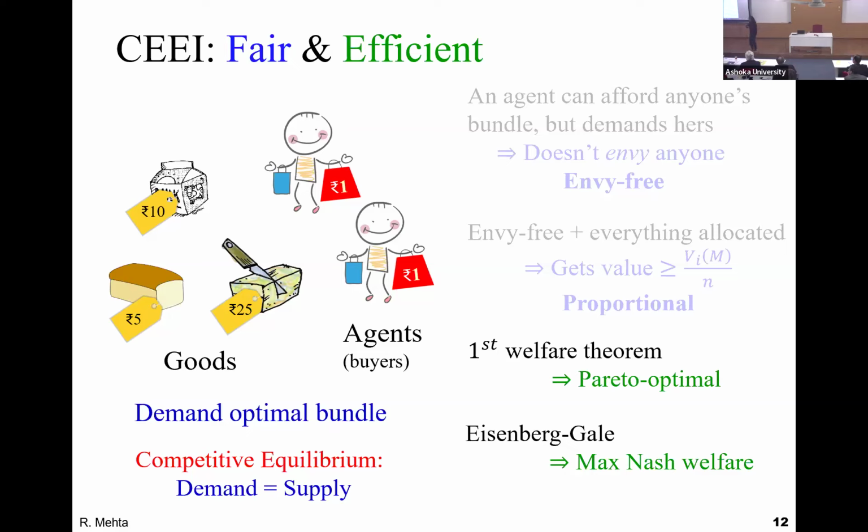So welfare as the sum of the values is not scale invariant, which is not a good property from the economics perspective. But the product is scale invariant. Even if I multiply all of my values by 1,000, when you maximize the product, it's just a factor that comes out. It's not going to affect the final outcome or the allocation. So that is one of the properties, and there are more desirable properties that Nash welfare satisfies.